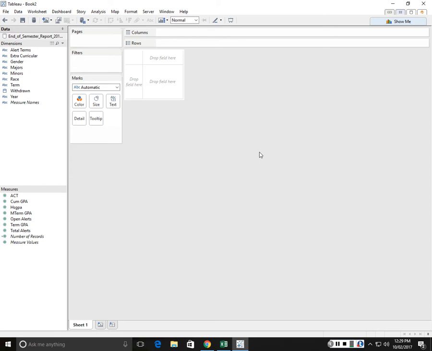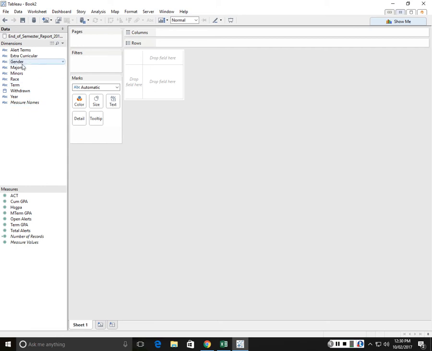So this is the Tableau that people want to love and know. It's drag and drop. All the stuff you do here, you can do in Excel, but you've got to build it over time. Here you can really get to it. Load your file, and then if we want to look at,